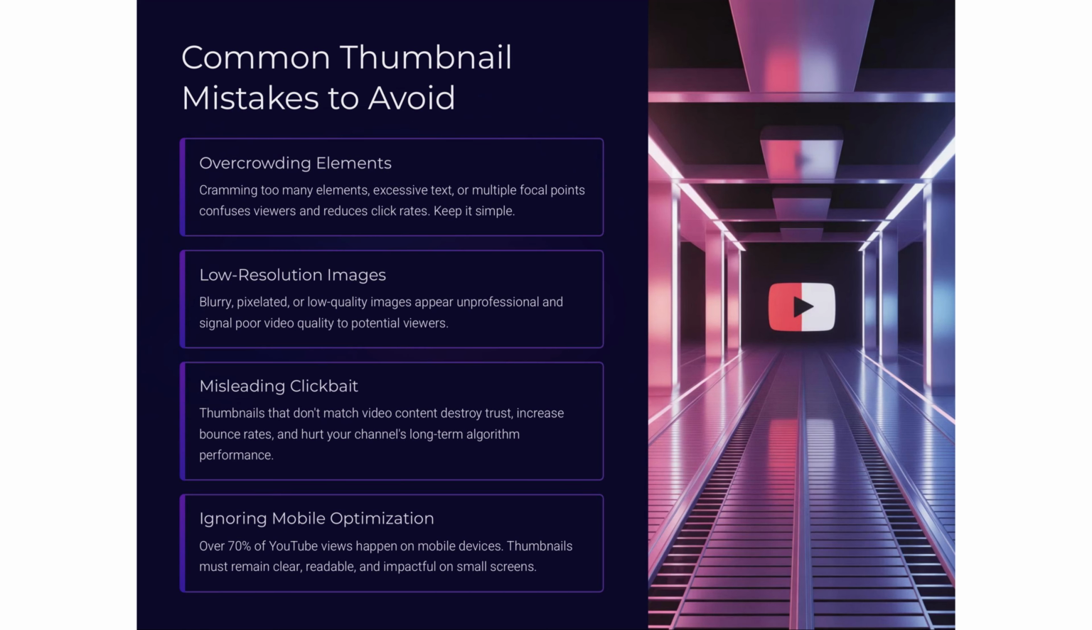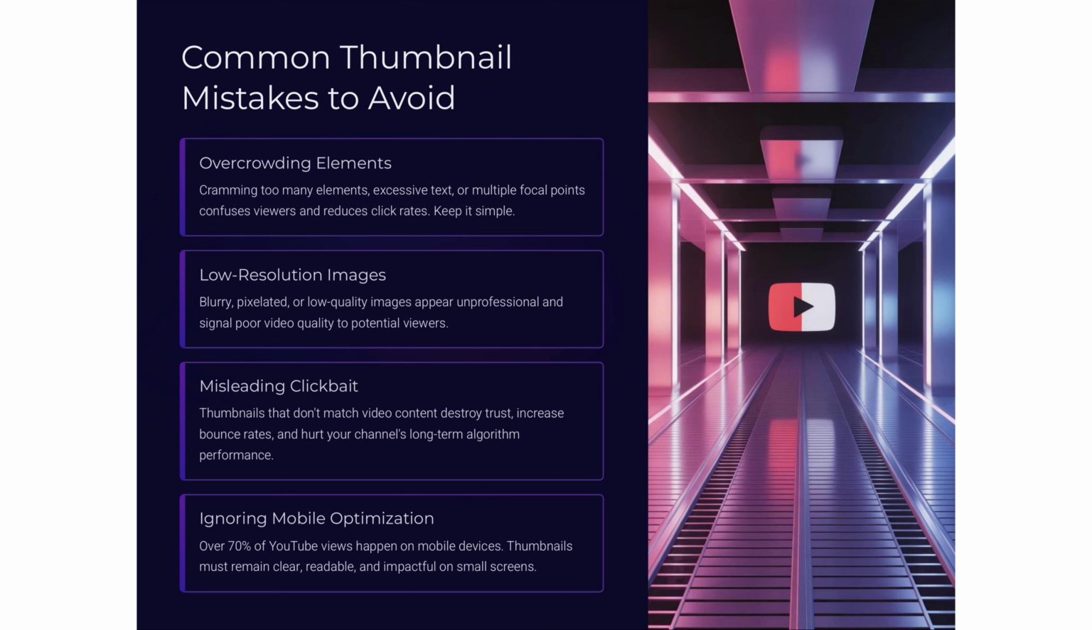Avoid overcrowding thumbnails with excessive elements or text, as it confuses viewers and reduces clicks. Use high-resolution images to maintain professionalism. Misleading clickbait damages trust and algorithm performance. Ensure thumbnails are optimized for mobile, as over 70% of YouTube views occur on these devices, requiring clarity and readability